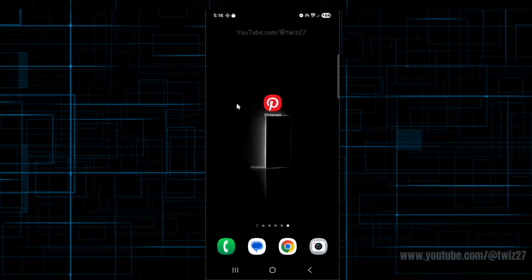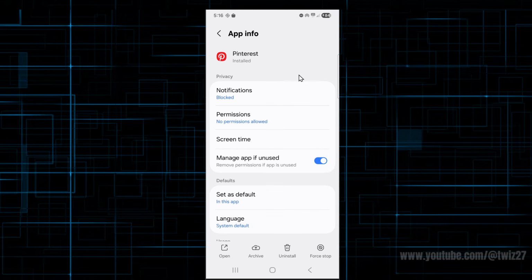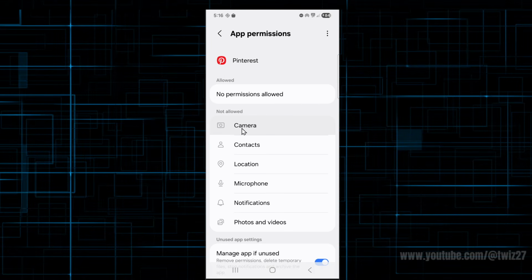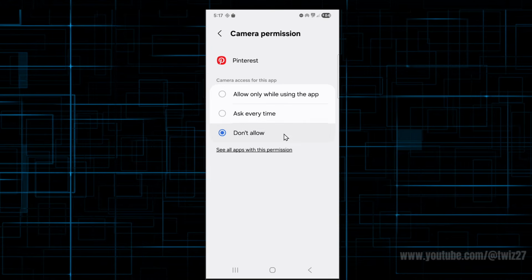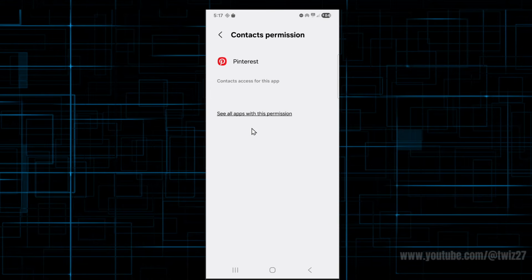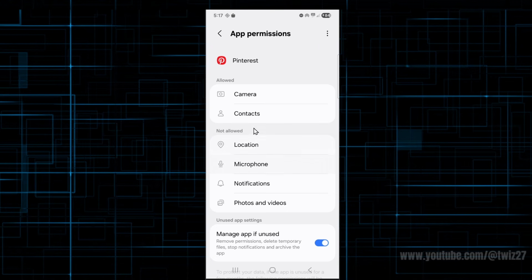Next fix is to allow app permissions. So click and hold down the app again, click into I, and now where it says permissions, we need to make sure that we've got all these: camera, contacts, location, microphone, notifications, photo and video enabled. To do this, we've got to go one by one. So click into it, allow while using the app, and now that's going to be allowed. Go to contacts, click allow, and just go through these one by one